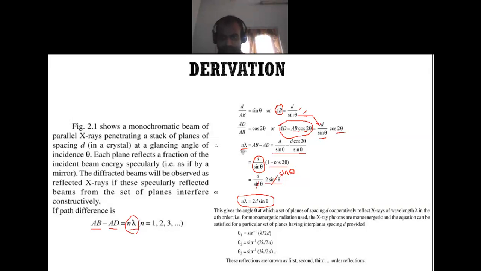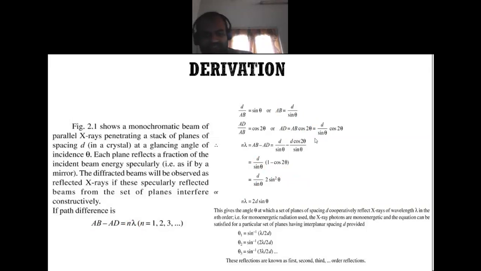Okay, so this is Bragg's law. I am removing this annotation. So this is Bragg's law, and that is how we can derive Bragg's law of X-ray diffraction, and this is a very important relation. Okay, so provided you know n, the order of diffraction, and the wavelength, you can calculate d,